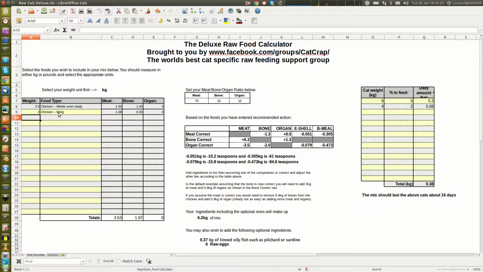So now we've got meat and bone, we can start to refine that recipe to meet this ratio. We can do it a couple of ways. We can assume the meat's correct, in which case we would use this line here, and this tells us what we need to add or remove. If we assume that the meat in that mix is correct, then we need to remove 1.3 kilos of bone. That's probably not going to be that easy, so the easier option is to assume that the bone is correct